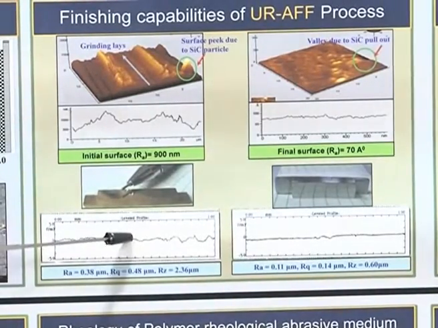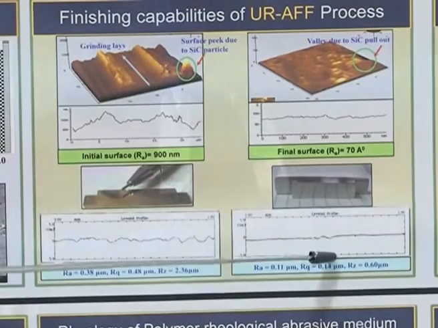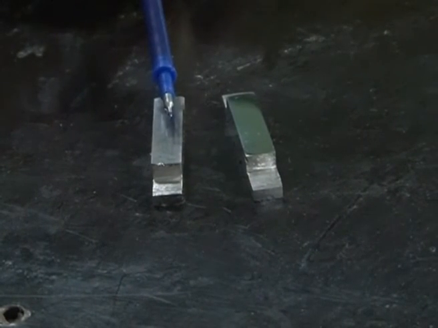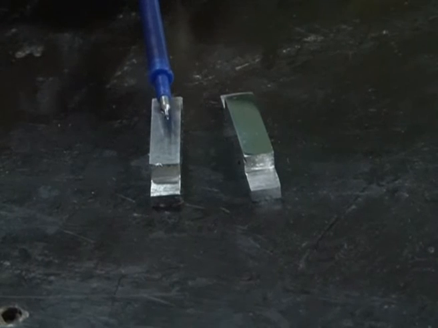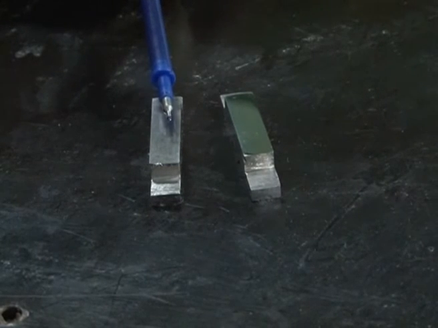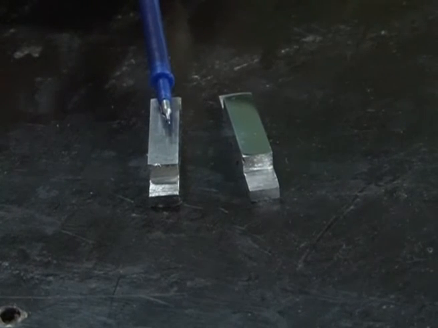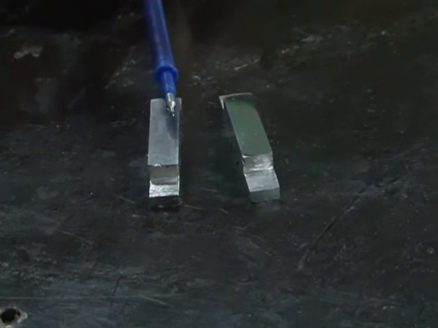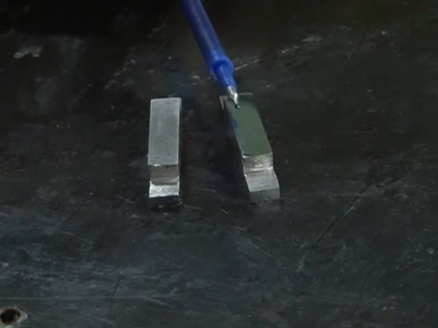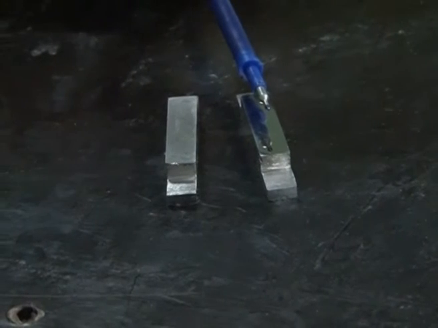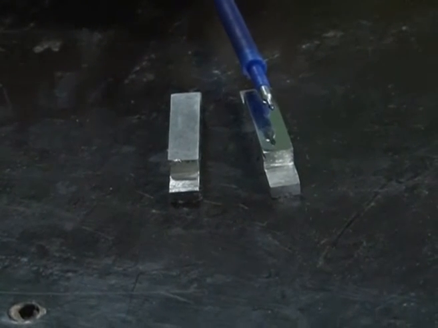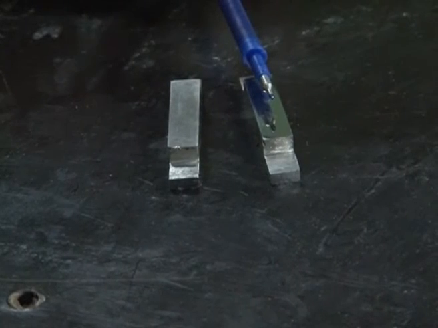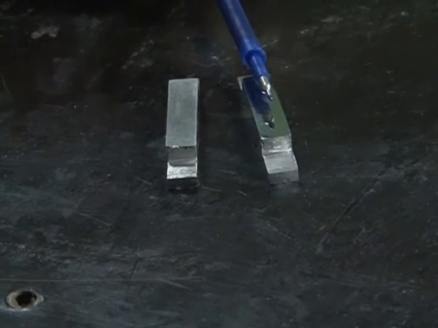This is the initial surface profile and this is the final surface profile. This is the initial workpiece made up of stainless steel, wherein the image of the refill tip as well as the refill blue portion is not visible perfectly. After finishing with the rotational abrasive flow finishing process, you can see the image of the refill as well as its tip. This clear visibility shows the finishing ability of the rotational abrasive flow finishing process.